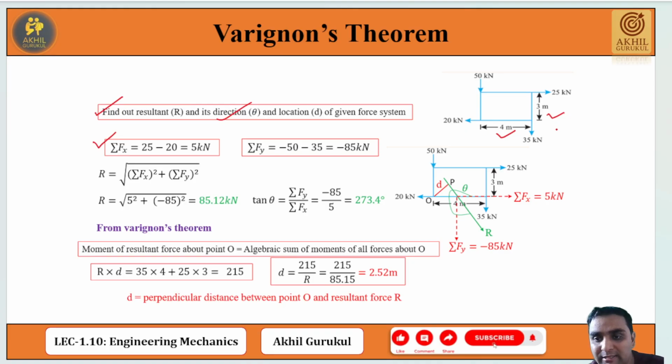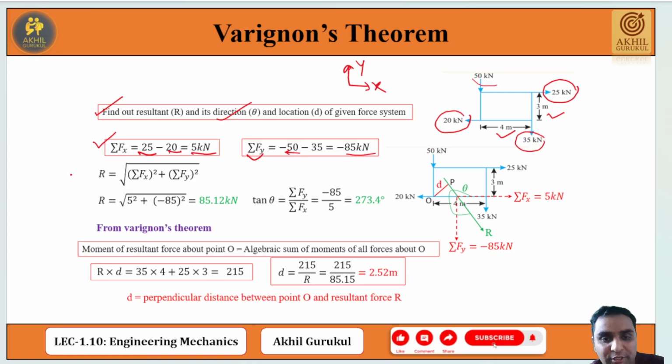तो यहाँ पे देखिए एक्स डायरेक्शन में 25 किलो न्यूटन लग रहा है, तो 25, निगेटिव एक्स डायरेक्शन में 20 किलो न्यूटन लग रहा है, तो -20. सो नेट इज 5 किलो न्यूटन इन एक्स डायरेक्शन. सिमिलरली वाई डायरेक्शन में जो भी फोर्स लगा उसका अलजेब्रिक समेशन. सो -50 किलो न्यूटन, एंड -35 किलो न्यूटन निगेटिव वाई डायरेक्शन में. हम लोग एज्यूम करेंगे एक्स डायरेक्शन में जो फोर्स लग रहा है वो शुड बी पॉजिटिव एंड वाई डायरेक्शन में जो लग रहे हैं निगेटिव. सो नेट फोर्स एक्टिंग इन वाई डायरेक्शन -85 किलो न्यूटन.